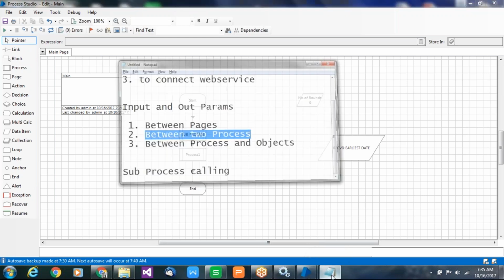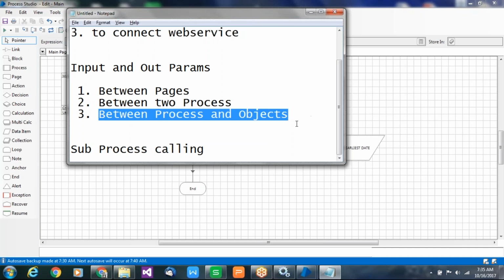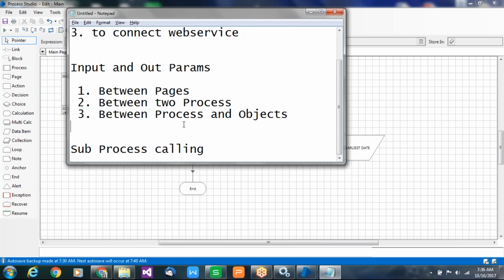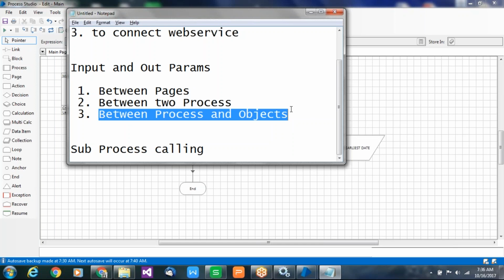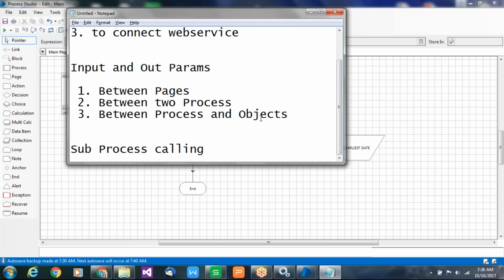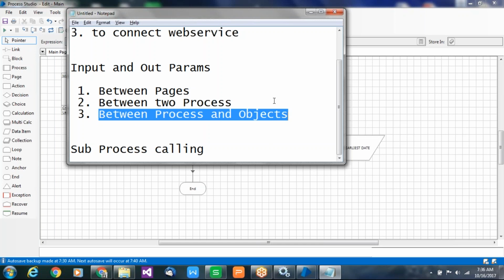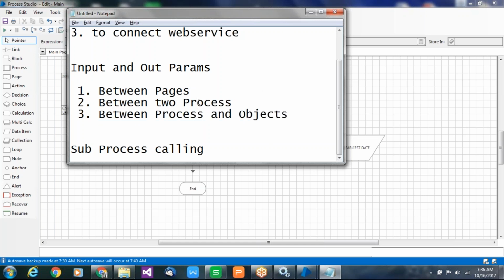What I'm trying to say is you have to do this one as homework. I don't want to tell you the same thing again because these are the same only, 99.99% the same as I said. This is also the same, but don't take it now because I have not yet introduced the object. Tomorrow or the day after tomorrow I will introduce the object. At that time you can play with this as homework, because it's the same. As we did between two processes, we can do the same between a process and an object.